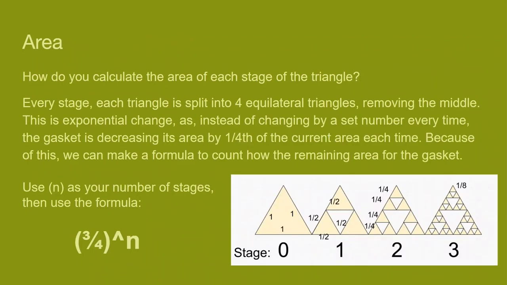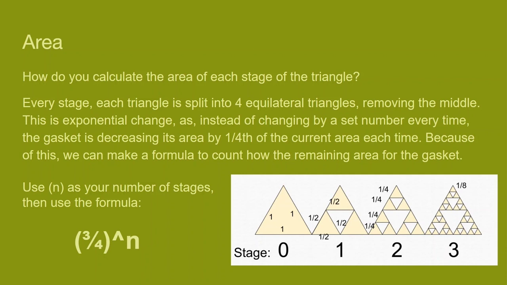Next, we're going to talk about area. Now, how would you calculate the area of each stage of this triangle? It's rather simple if we imagine that each side is equal to 1. By making a midpoint, we're cutting that line in half, and now it equals 2 sides, which are equal to